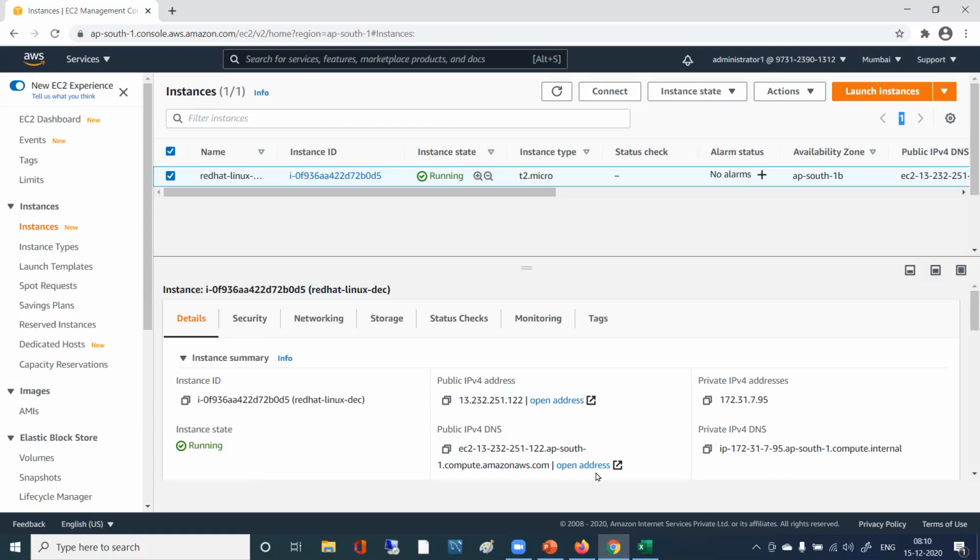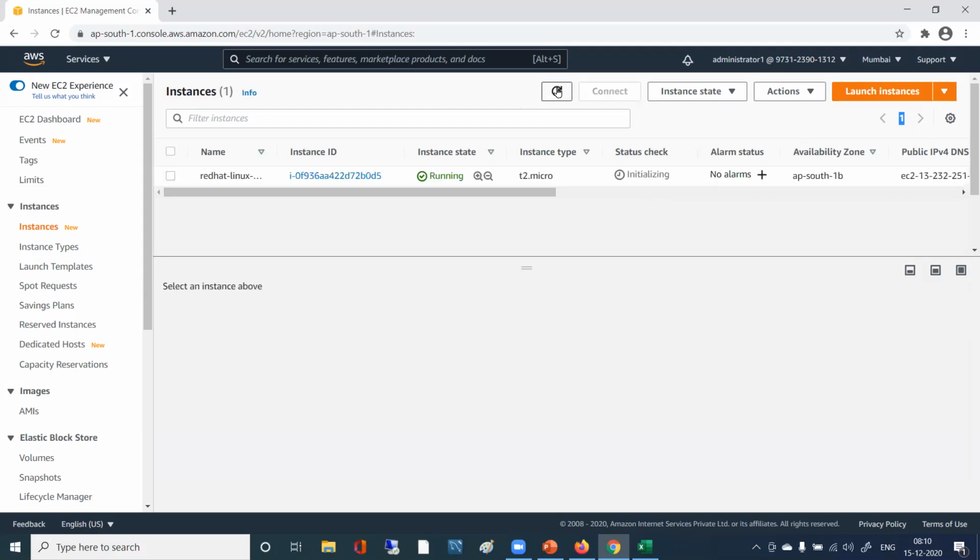There is one public IP assigned and one public DNS name also got assigned, right? So we will connect to this particular public IP. As of now, the status checks show initializing. I already have 2/2 checks for me. Okay, perfect.